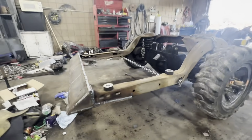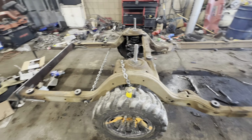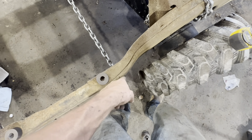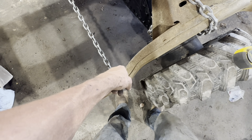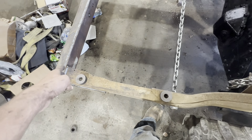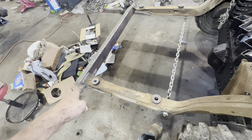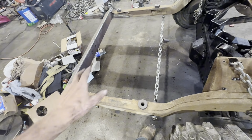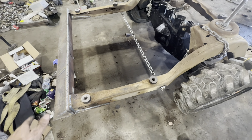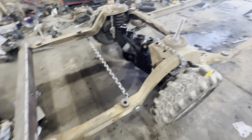But I really liked how this bumper turned out. So let me know what you guys think. I think this chain will help the movement of this little S. And then I'm gonna weld my all thread right there, so hopefully it'll keep this from crunching into the tires. And hopefully this is from here to here solid enough that it just won't move there. And hopefully the ramped bumper or the wedge bumper will divert all the punishment to the frame, and it'll move it up onto the body, which can take a little bit more abuse without bending and messing up a bunch of stuff. So let me know what you think,